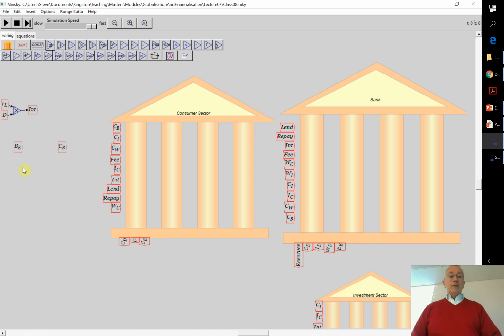The way you generate that in Minsky is you type a backslash and type tau, which gives you tau. Then I'm going to use subscripts as well. So I type the underscore key, that gives me a subscript. And I want to then have consumption by the banking sector, so I'm going to have CB as my indicator of that. So I type a curly bracket, CB, close curly bracket, and that creates tau CB.